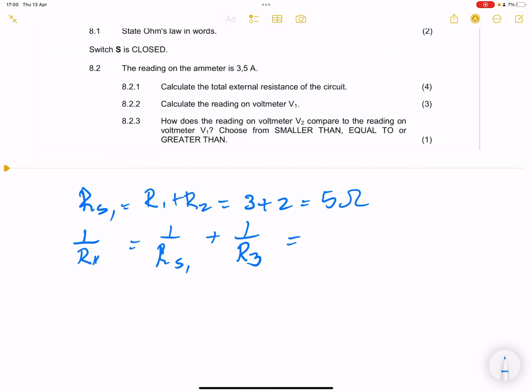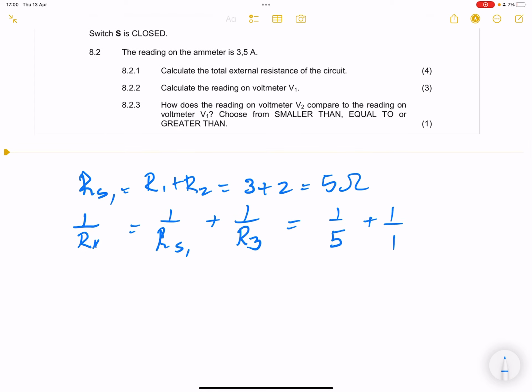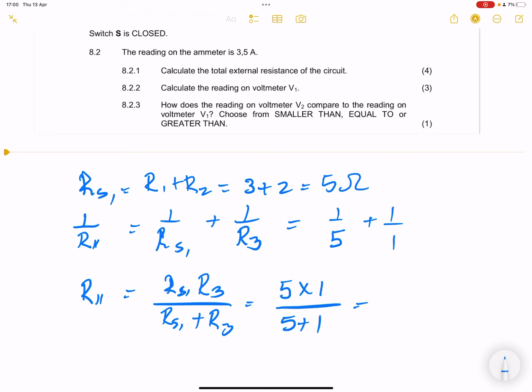If you want to, you can continue with this and say this would be 1 over 5 plus 1 over 1, right? But in this case, I always like to just make my work very easy. So R parallel would simply be R1 times R3 divided by R1 plus R3. It will give us 5 times 1 divided by 5 plus 1, which will be 5 over 6 ohms. So that it becomes easier for us to work with, I'm going to leave it in that fraction form,